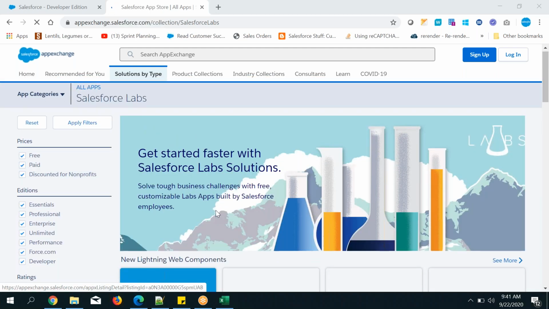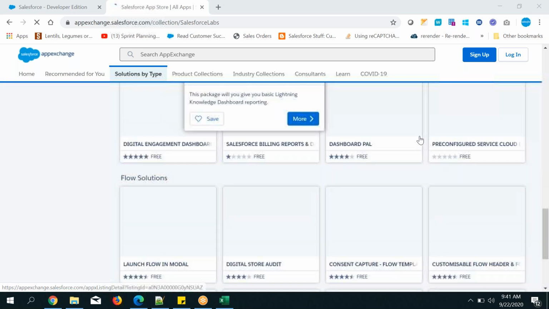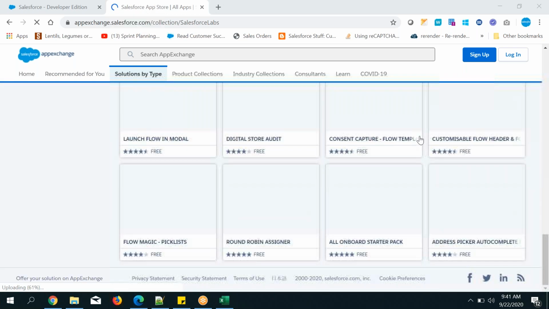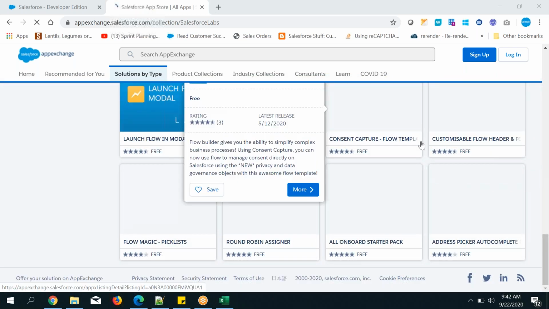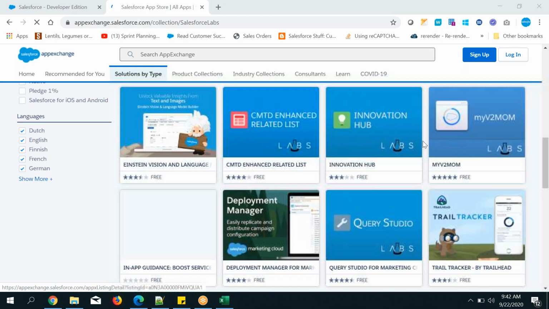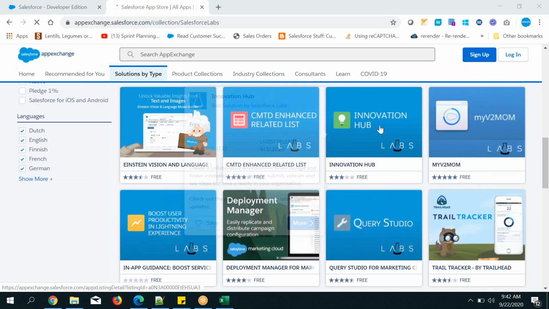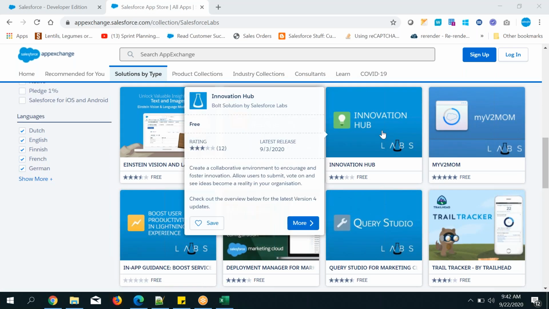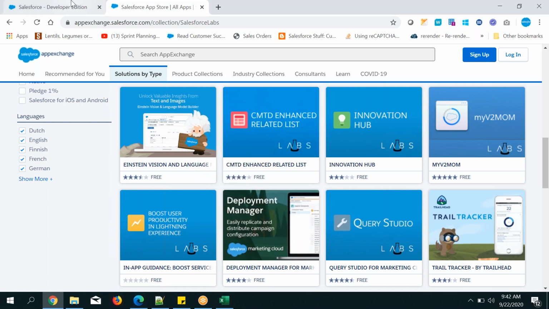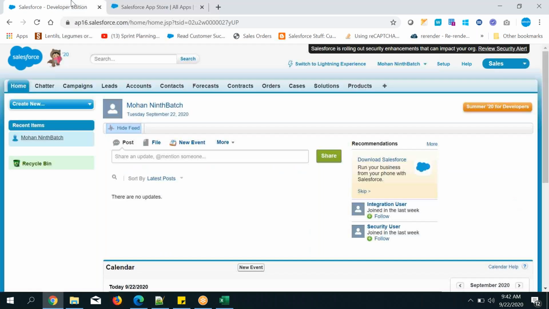These are Salesforce Labs, meaning Salesforce has created these applications, and all are free. If any company is interested and it benefits them, they can get it free of cost by clicking the Get It Now button, and the application will be installed in your organization. I will show you that.